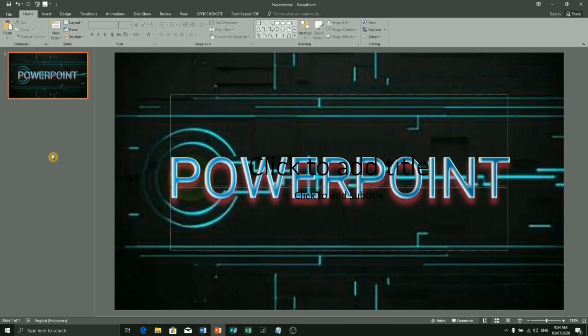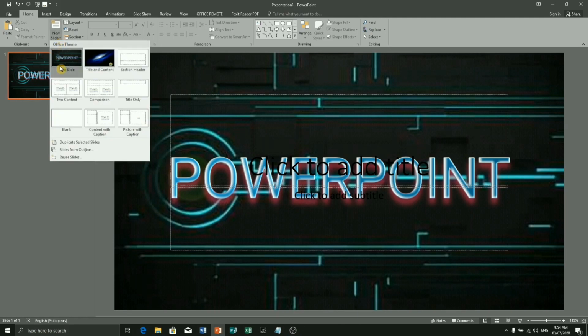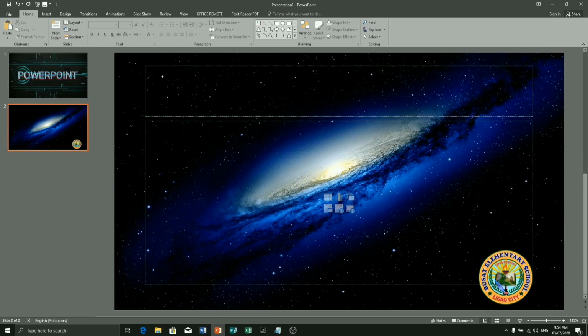So here you have already the template, and it cannot be erased because it is already a default because of the master slide. So you can now select New Slide. For example, for the second slide, I'm going to choose this. So we have already the template, and we are not able to move any object here because it's already a default. So I hope you learned something about how you can create your